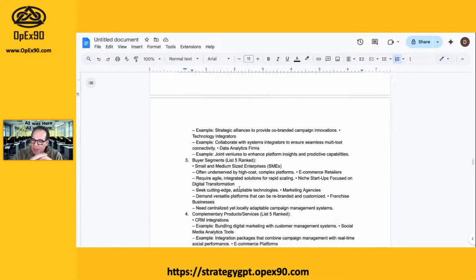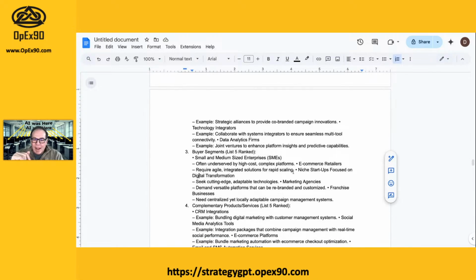Buyer segments is saying, hey, what buyer segments would be interested in our products and services that we should take a look at, right? So these buyer segments, again, these might be slightly different. The AI ran at a different time, pulled in different stuff, but this here is consistent. The small to medium-sized businesses are going to be more engaged, more trusting of these e-commerce solutions, right? We have e-commerce retailers, right? You're going to want agile solutions, integrated rapid solutions so we can get up and running quickly.